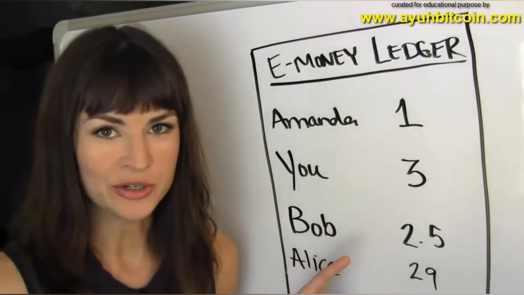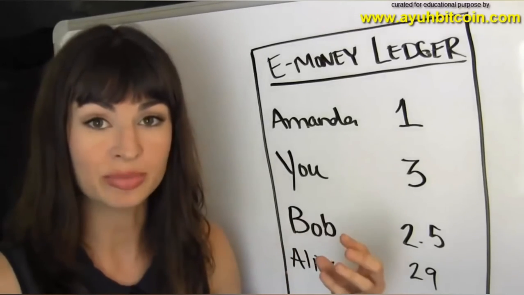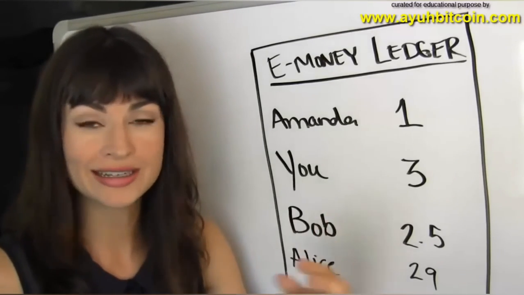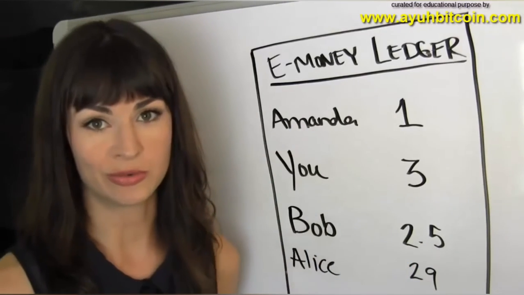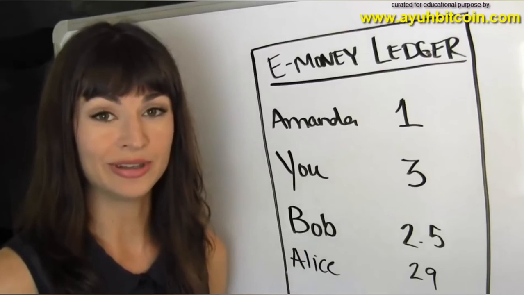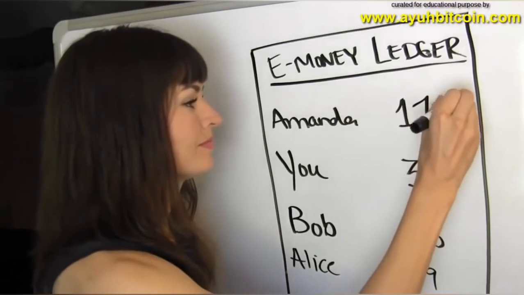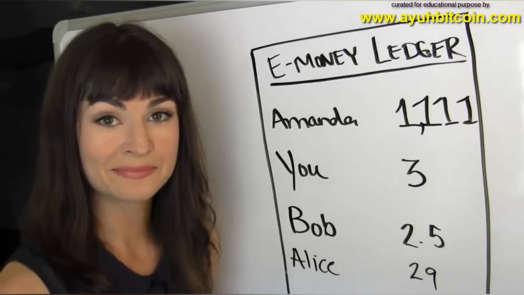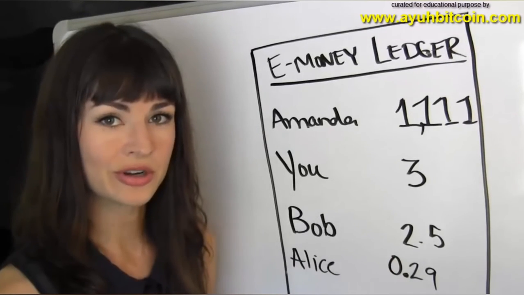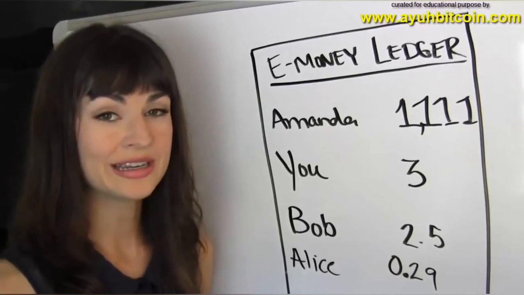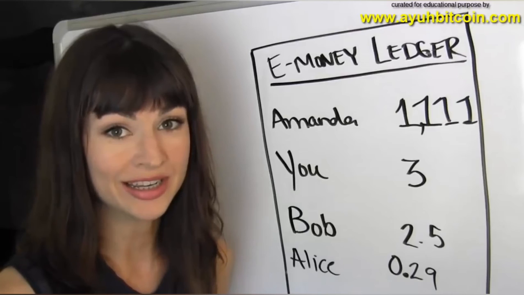Going back to this concept of a ledger, the most important thing we have to make sure of, to make sure that our monetary supply is open, honest, accountable, auditable, we have to make sure that the numbers are trustworthy. How can we make sure, for example, that I don't do something like this? Wouldn't that be convenient for me? Or how do we make sure that I don't do something like this? Alice never should have crossed me. Well, the answer is that no one gets to change the ledger. They only get to update it.